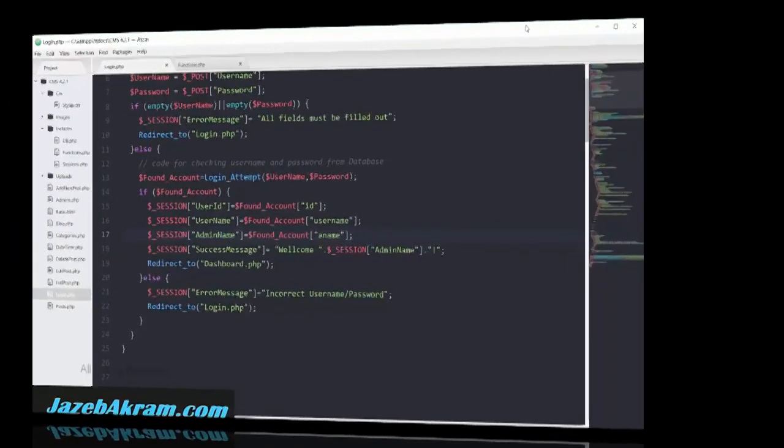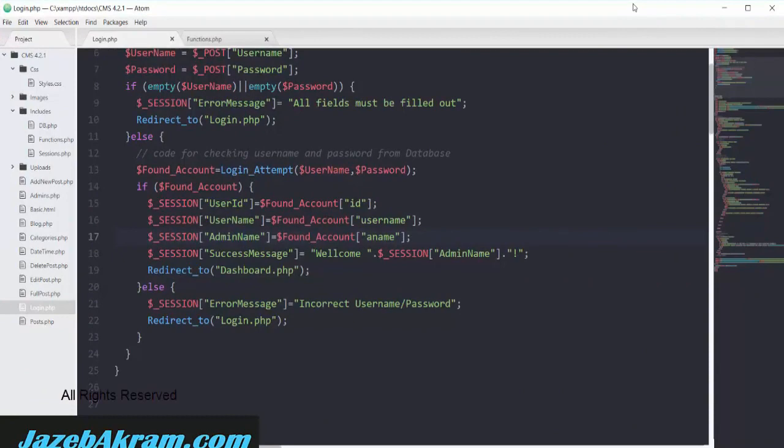In previous movies, we created our login page and everything is working quite fine. We are able to track every single activity of our admin. So in this movie, I will design the logout page. First of all, the logout page will be a very simple one. We don't have to show that page anywhere.